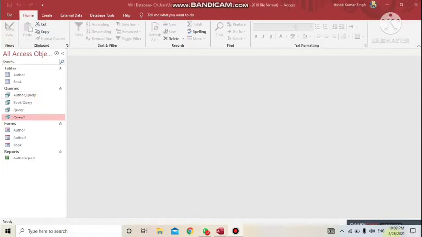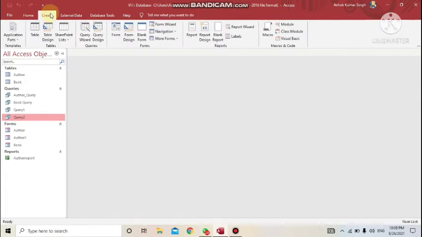For making a query, first you need to click on the Create tab. Once you click there, you will see that in the groups, one group is Queries, and two options are displayed there: Query Wizard and Query Design. If you want to go with the query wizard, you click on Query Wizard.